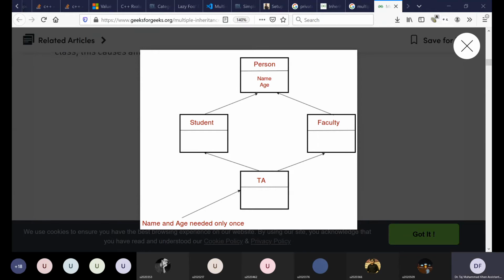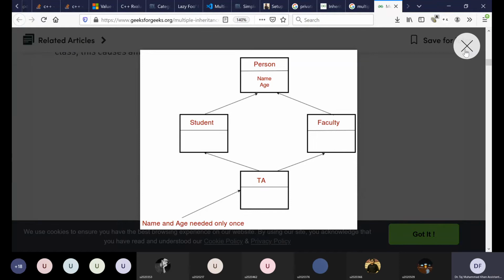So in multiple inheritance, whenever there is a base class that is common, it can give rise to problems like this. And this typical problem in C++ or in object-oriented programming is called the diamond problem. Okay, because this figure makes people think that it's like a diamond, so they call it the diamond problem.